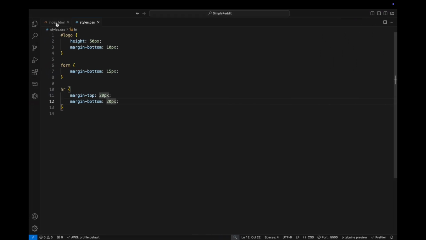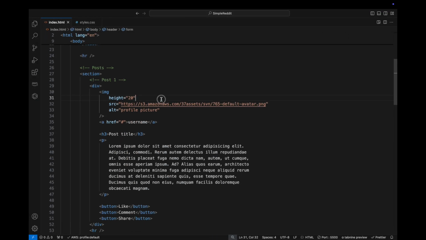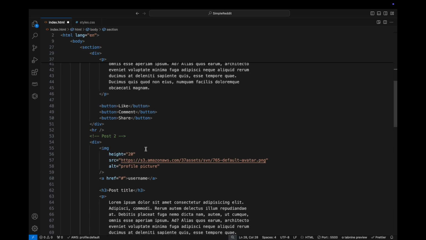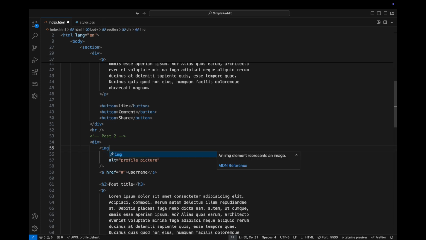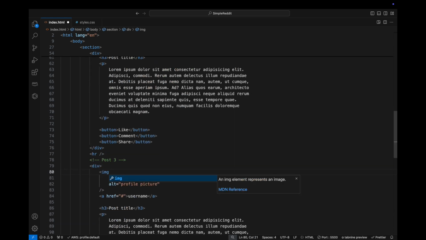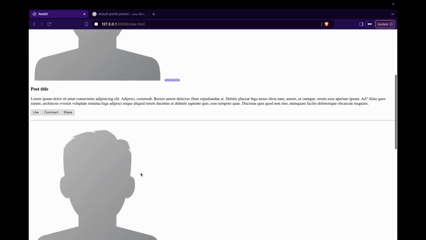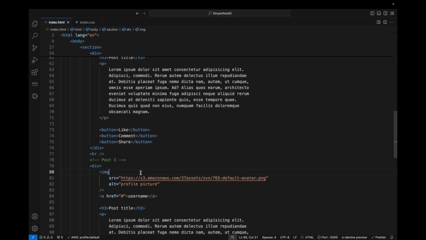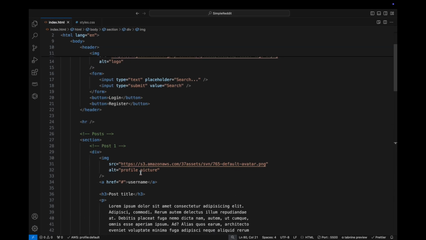I want to get rid of the height that I added for each one of them, so that we can see how it actually looks without any height. And this is not what we want. Now, in this case, if you wanted to add some styling, you could go to one of the profile pictures